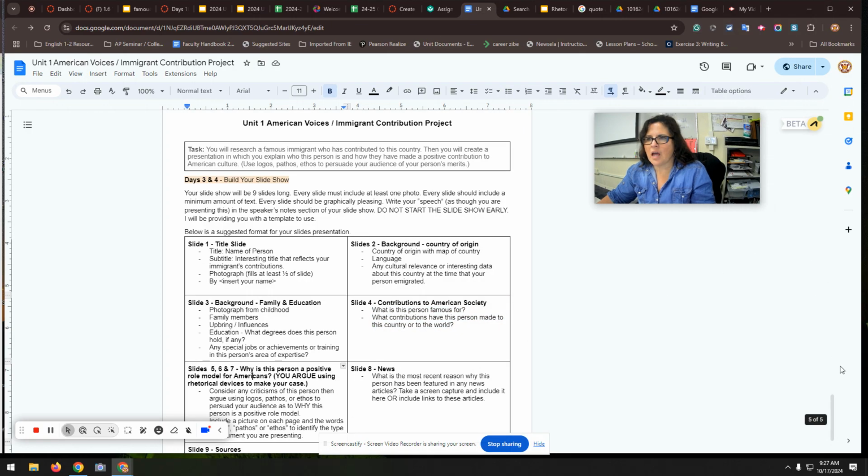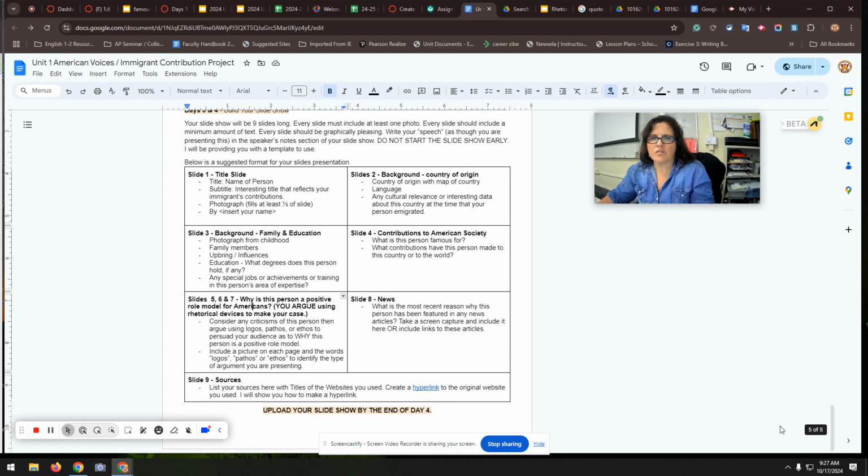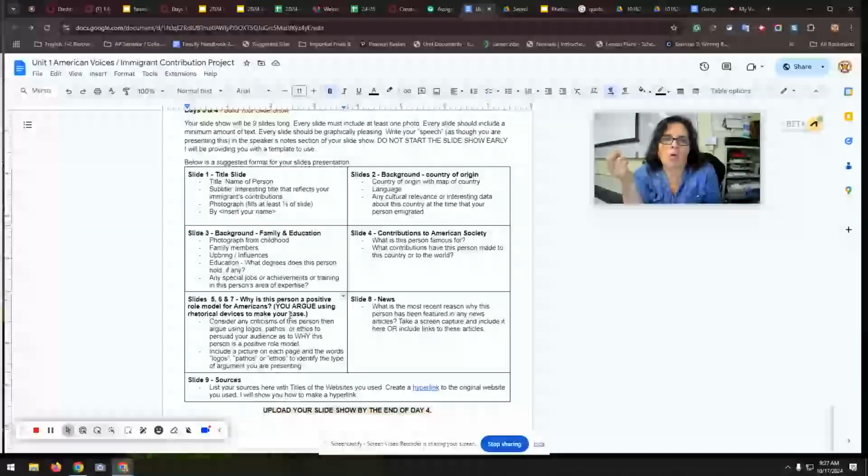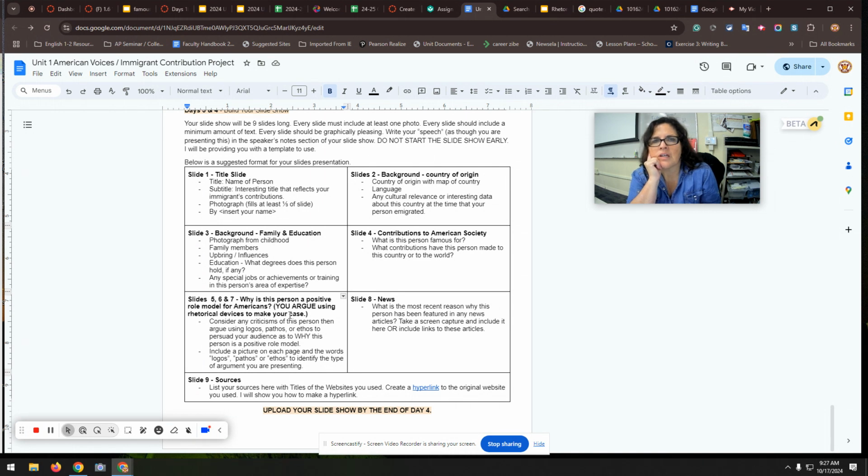Now, the slides that I'm going to be most focused on, and the ones that you should really focus on yourself, are these 3 slides. Slides 5, 6, and 7. Why is this person a positive role model for Americans? You are going to present 3 arguments, 1 logos, 1 pathos, 1 ethos. They should be research-based. So if you're going to do logos, you've got to find a logical reason why this person is important